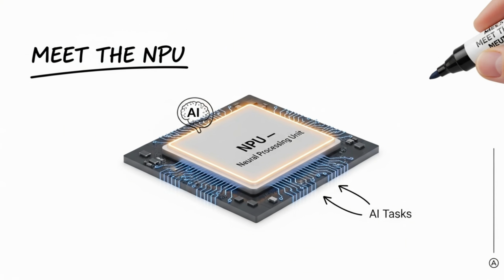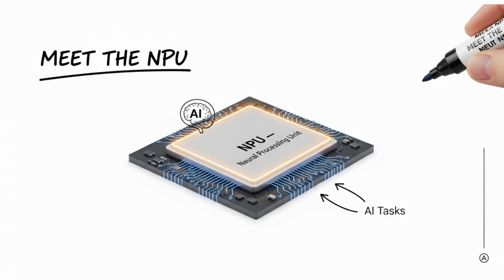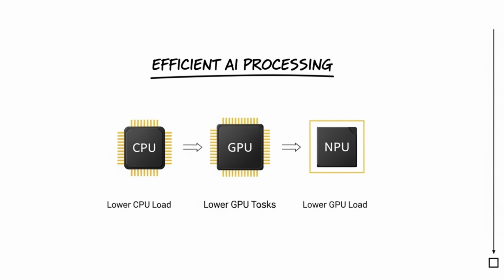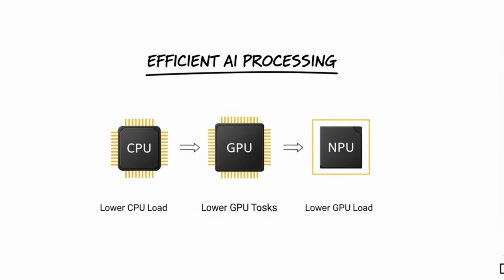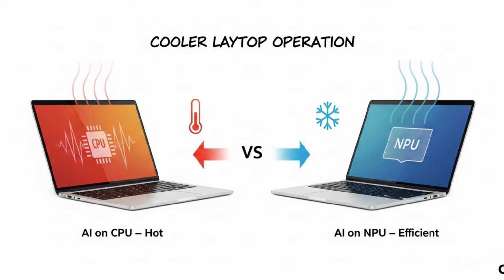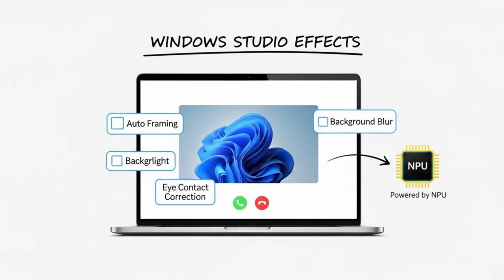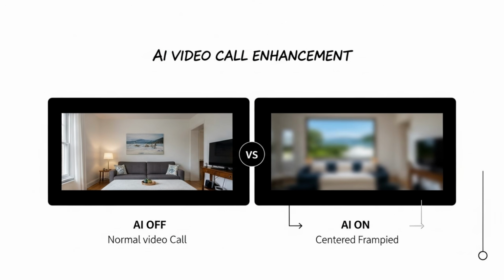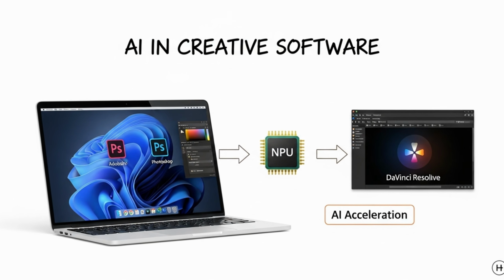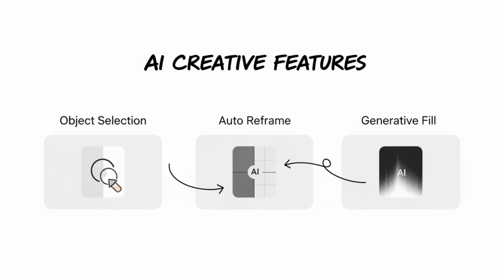The NPU is a specialized engine designed to accelerate artificial intelligence tasks locally on your device. Instead of burdening the CPU or GPU with these processes, the NPU handles them with remarkable efficiency. In practice, this means your laptop can run AI-powered features without getting hot or draining the battery. For instance, during a video call, the NPU can power Windows Studio effects to automatically frame you, maintain eye contact, and blur your background. In creative applications like Adobe Photoshop or DaVinci Resolve, it accelerates AI-driven features like object selection,